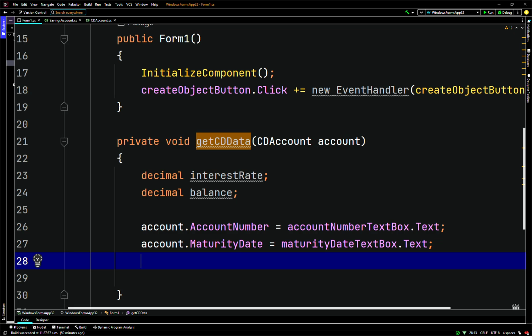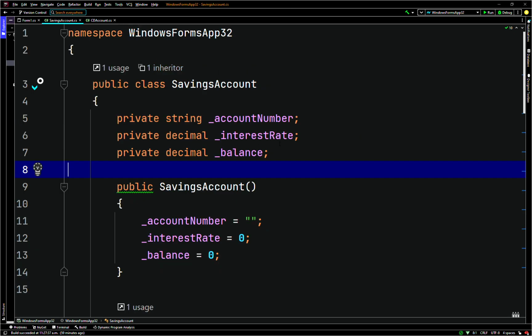Now remember some of them. So let's just have a look at the account number property and the maturity date property. The account number is a string, so you can pass that directly from a text box to a string property,